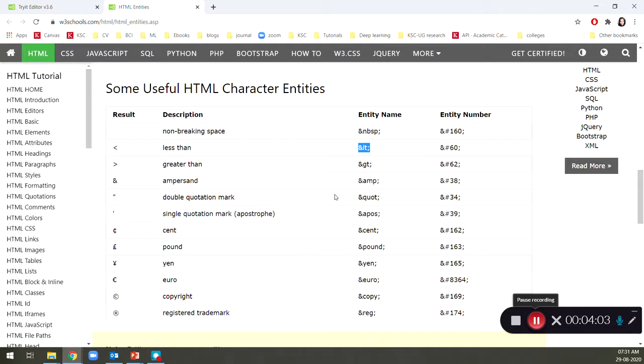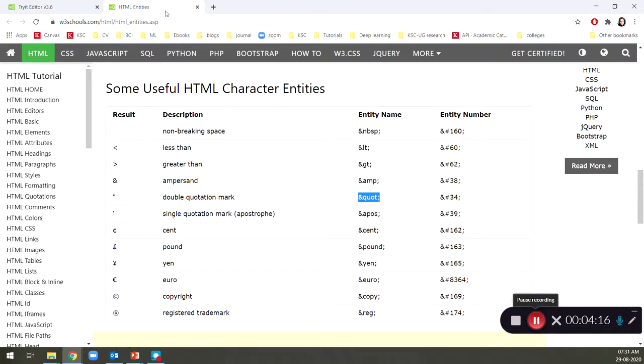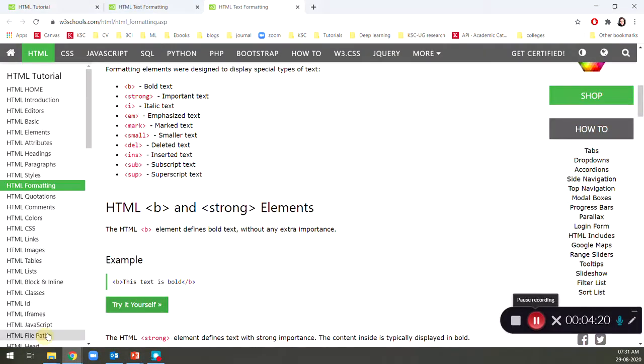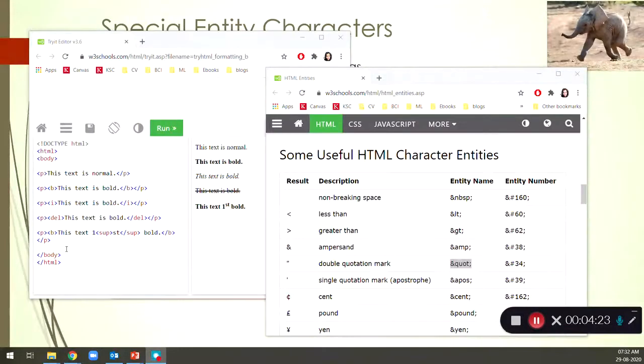Either you can use the Q tag or you can just use this coding. Then the dollar symbol and ampersand symbol. There are different types of special entity characters we can try. Let's give a try. Let's take the Try It portal, and then we can try these elements.